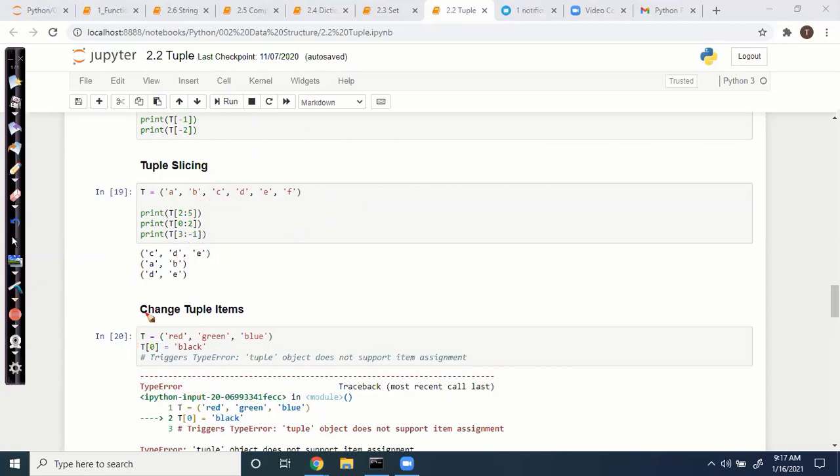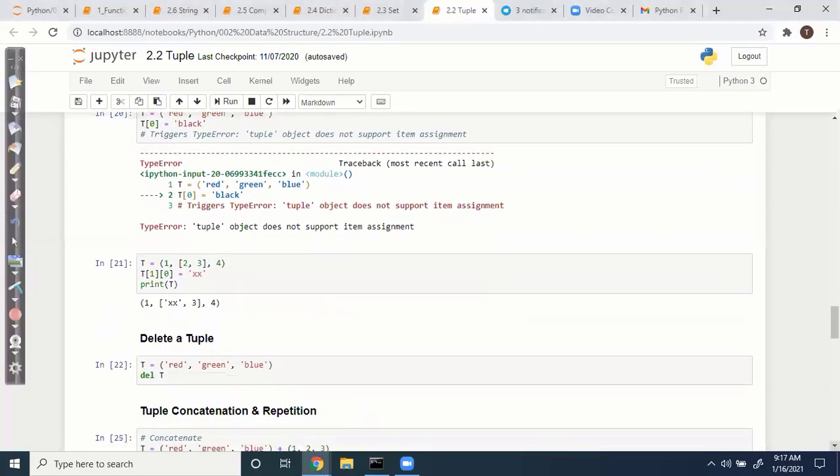Change tuple item: is it possible? Are we able to change the tuple items? It's not possible because a tuple is immutable. So remember, list is mutable, tuple is immutable. You can't change it. For all the examples whose code I share, you have to play with it. Write the code and play with it, whatever you think, just apply and replay. If it throws any error, it will be easily understandable, and you can correct based on the error.